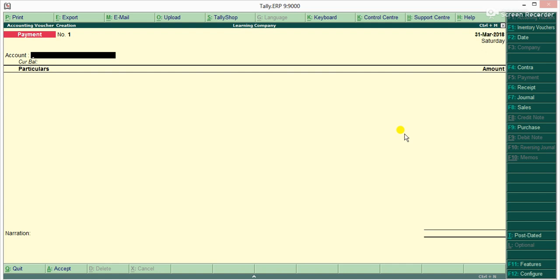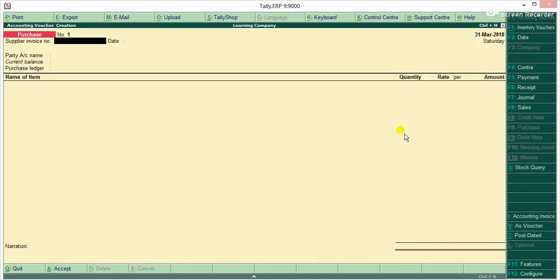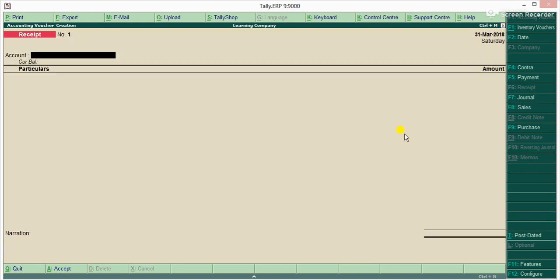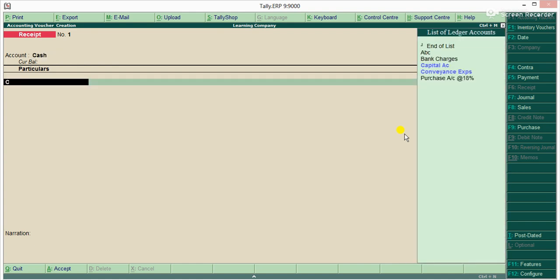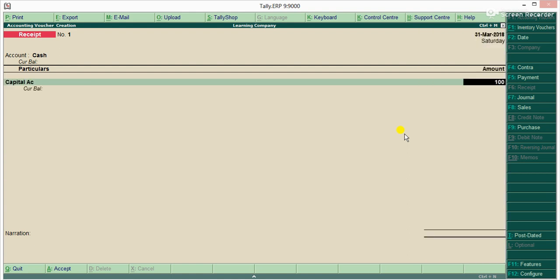So let's first bring in money. Capital account gets money through bank. So let's pass the first entry, or let us say cash. So receipt, F6. We have to select the receipt voucher, and we have to select the entry date, whatever date we can select. Here by default I am not changing any date. The account from which receipt is received, then capital account. Cash receipt is there, then capital account, 10,000.